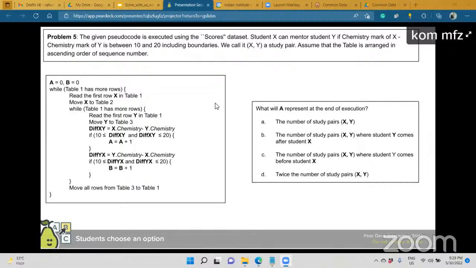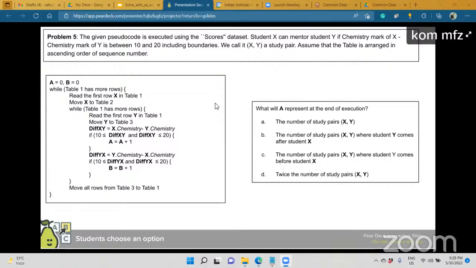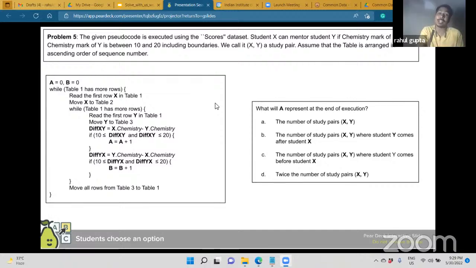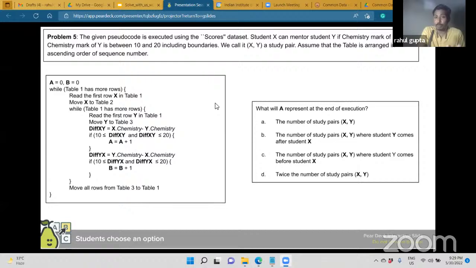Raghavan? Yes. And in the second, after 3 lines, I'm calling it diff yx. But the difference is that I'm incrementing A in one and B in the other. Yes. If I had incremented A again, then it would have been twice. Okay, not twice exactly. X, Y is different actually here.